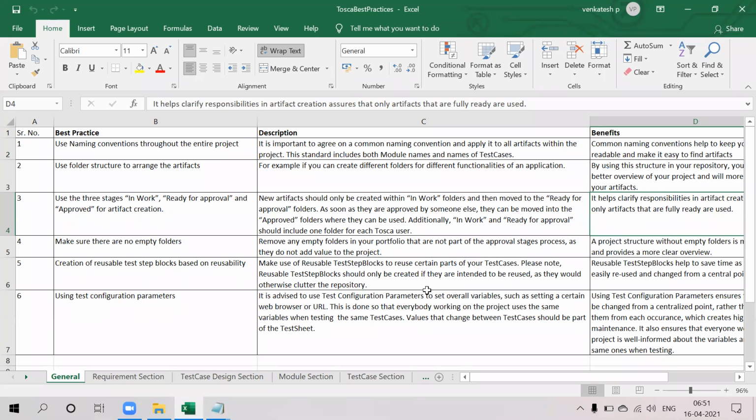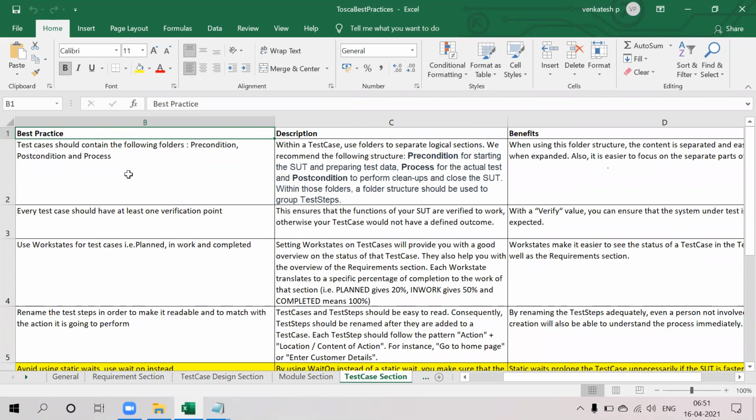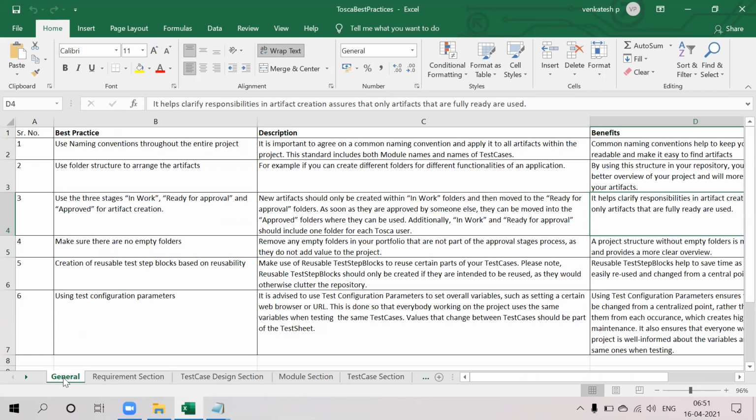Okay, so in test case design and test case sections we also have some best practices. A test case section should contain the following folders: preconditions, postconditions, and the process, and validations. Under the work folders, like in work, ready for approval, and approved, under each folder you can create these things.